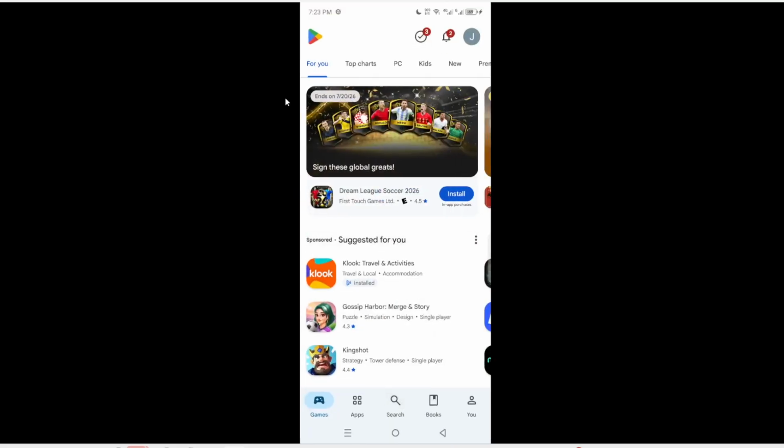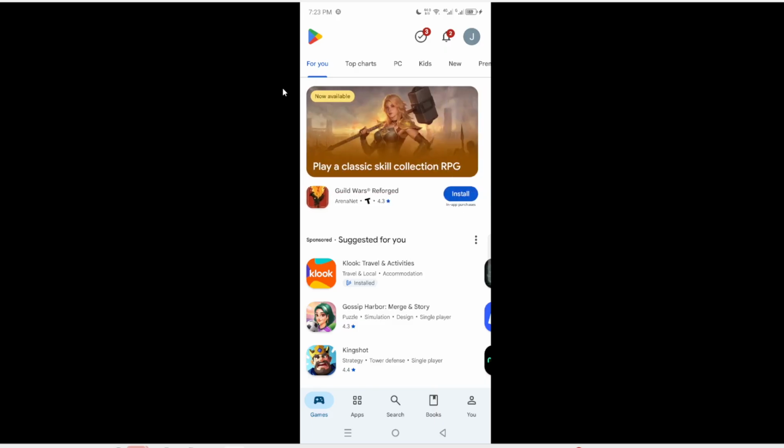This is where you can find a wide range of applications available for your Android device. The Play Store is the safest place to download apps, ensuring you have the latest and most secure versions. If you are not already logged in, you may be prompted to enter your Google account credentials. This step is essential because it allows you to download apps and access all the features of the Play Store.